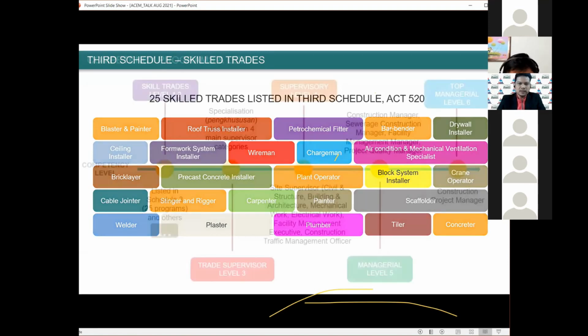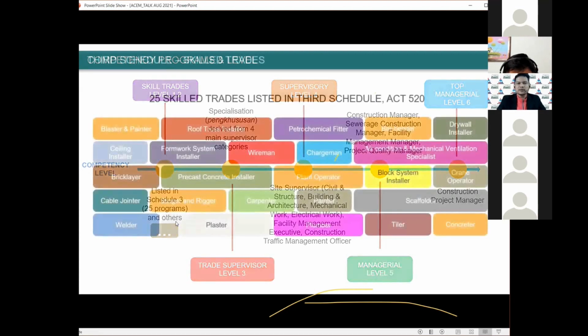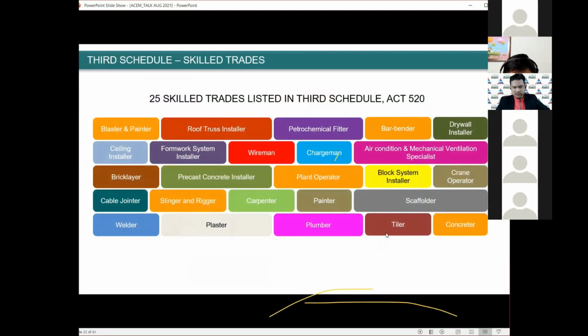But the thing is, they are actually the feeders of our level 4, level 5, and level 6 program. So even though these 25 programs are now being derived into 4 main supervisor categories, basically they are the feeders of our program. Right? So we can get a blaster, painter, roof truss installer.